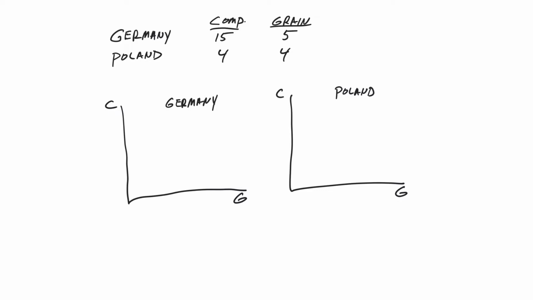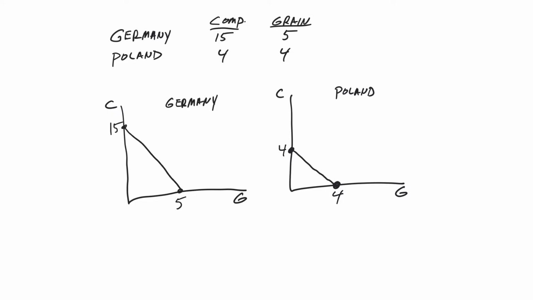For Germany, let's see, 15 there. And 5 grain, we'll put it about there. Okay, so there's Germany's production possibilities curve. Same for Poland. 4 computers, 4 grain. Easy enough. Now that we've got that plotted,